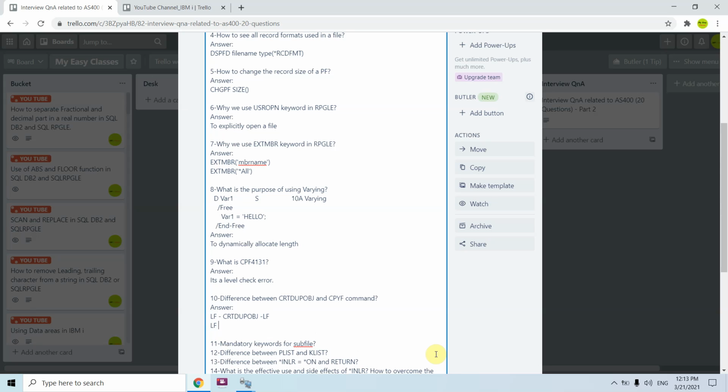But if I use the copy file command on that LF, copying it somewhere else and creating a file, it would create a PF. So this is the main important difference between create duplicate object and copy file.